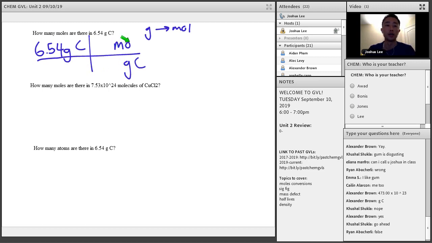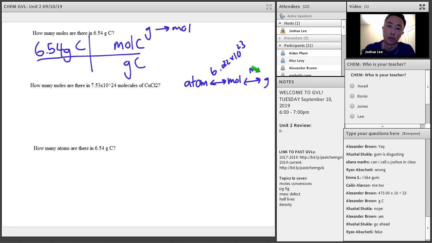And a mole is going to go on top because they live right next to each other. Sometimes what students will do, on the top of their test, is quickly jot down atoms, mole, grams. And then they'll write, oh, I could use 6.022 times 10 to the 23rd here, and then the molar mass here. So some students, I'll see this written on the top of their test, just so that they know,